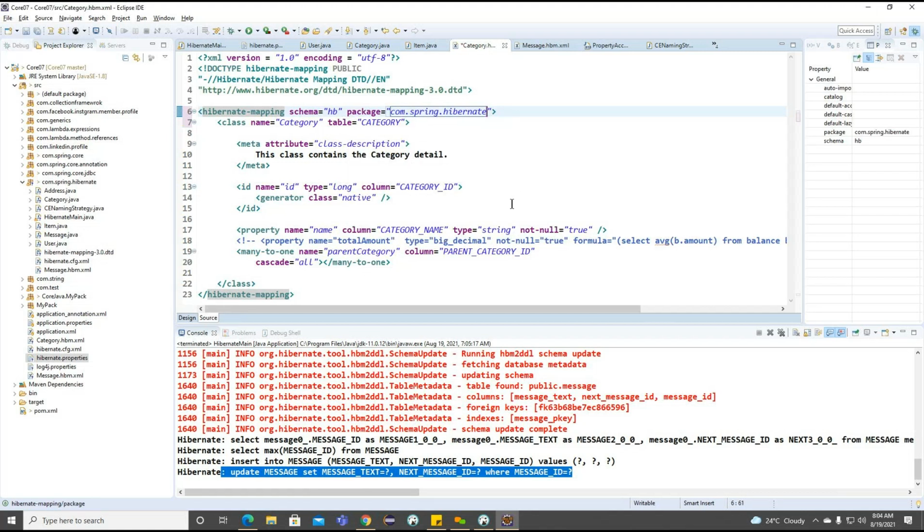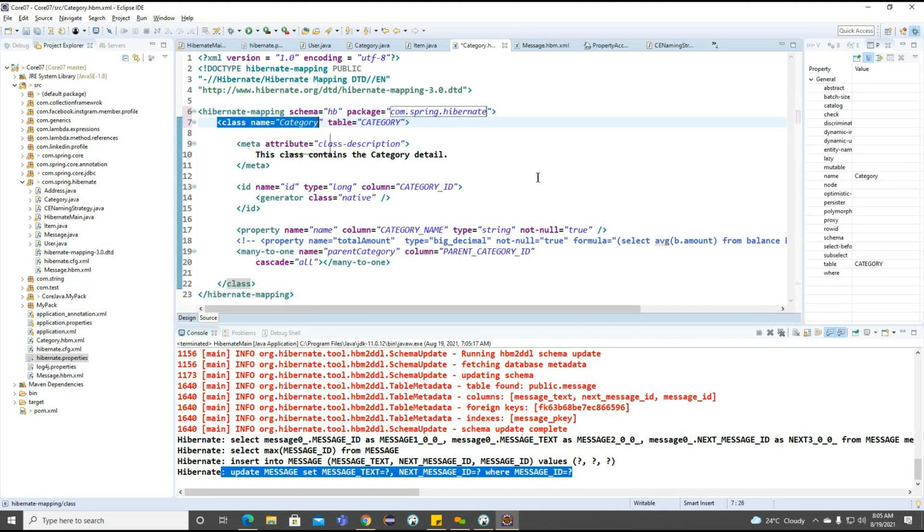So inside all the Hibernate packages, whatever classes we are going to write, without specifying the package name explicitly on top of each class, we can work on the example here, because we are making it default to all the classes. So this is all about the mapping related information we identified.